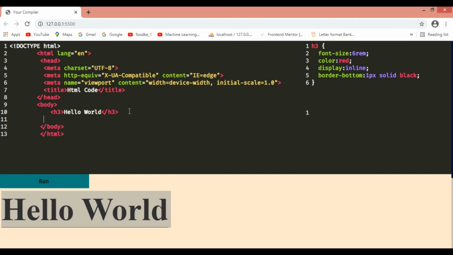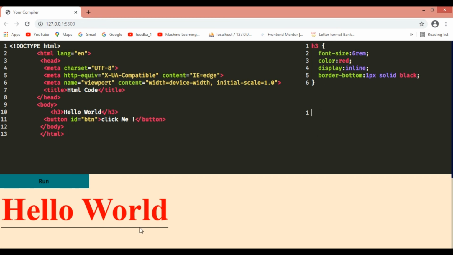Now, so far just the CSS part is working, but let's see if I add a button listener for the JavaScript code to be generated. So let's say, just written here, click me.